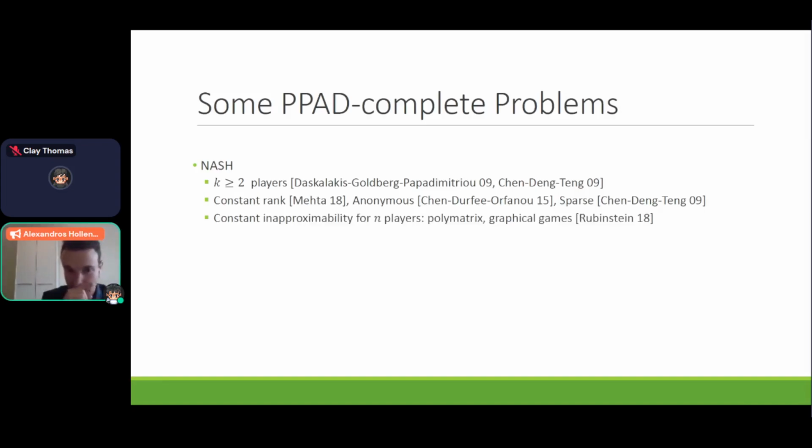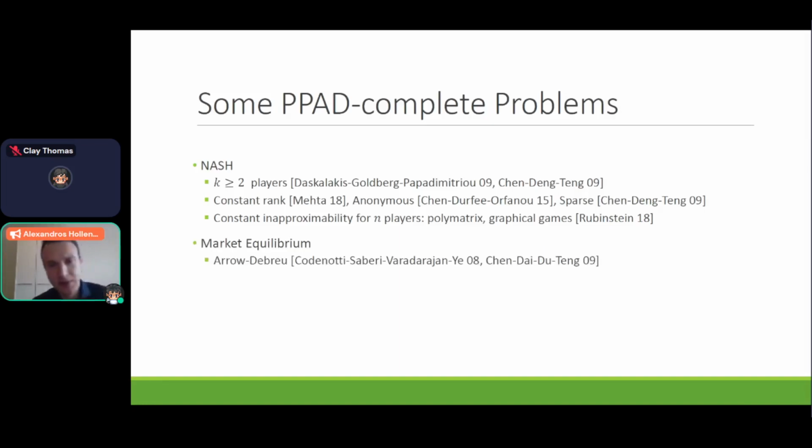And then there was another result that I want to mention, which is, what if you have many players, but the game has a succinct representation? So this is the case for Polymatrix games and graphical games, and we'll see a bit more about this later. So it turns out that these games are, in a certain sense, even harder, namely even getting a constant approximation of a Nash equilibrium is very hard here. So this was kind of the game theory problem.